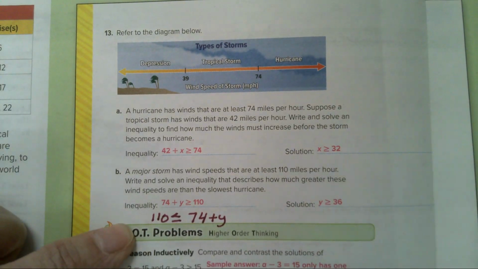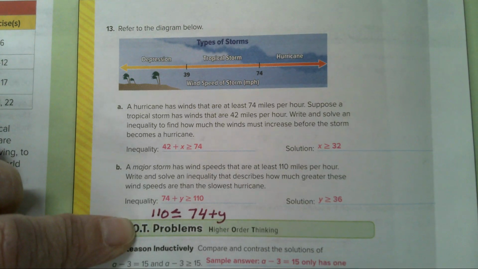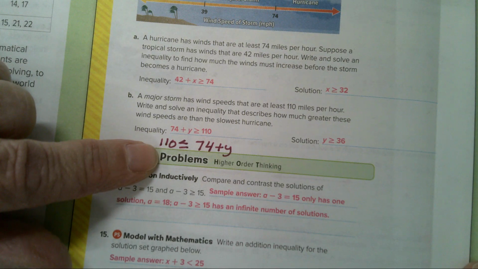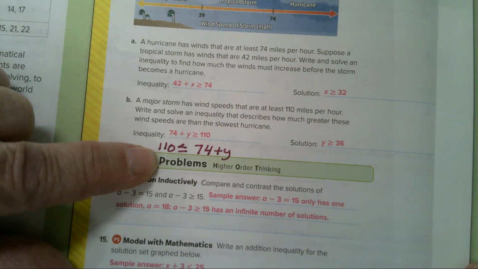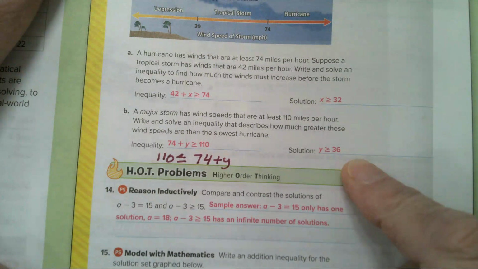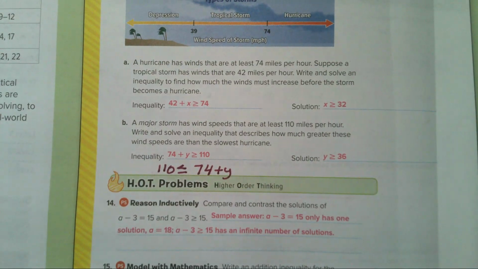In this problem, 74 plus Y is greater than or equal to 110. You could have had it written 110 is less than or equal to 74 plus Y. The solution, Y is greater than or equal to 36. Any questions on that one? That's the only one you had to do on this page, right? Yeah. And then on the last page,